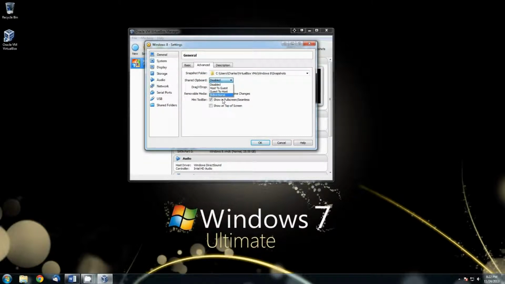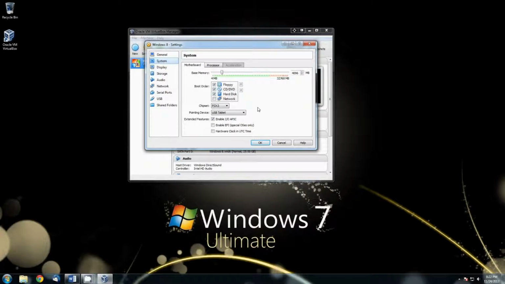You can set that so you can share the clipboard between the host and the guest, or back and forth bidirectionally, so that anytime you copy anything, you can paste it in either machine that's running. Then you go to the main System. You have the boot order, the chipset, which for the most part, whatever it defaults to, you probably want to leave it at. Pointing device,